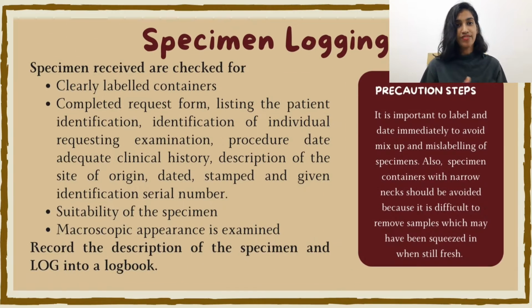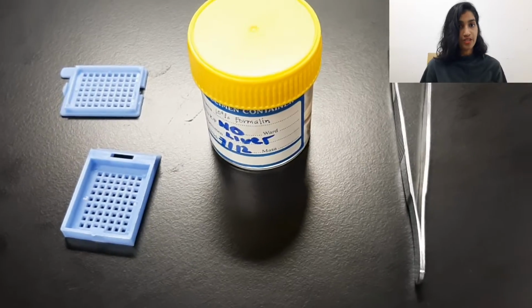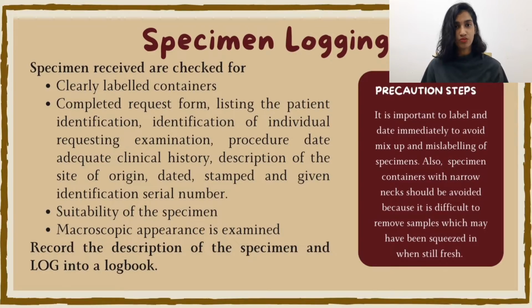Specimen logging is the very first step in histology technique. This process focuses on specimen identification, labeling, and also logging. Tissue specimens received in the laboratory must have a complete request form that lists out all the information that is shown